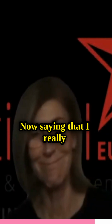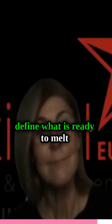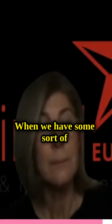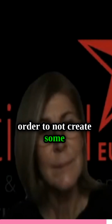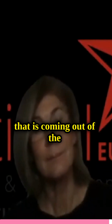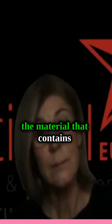Now, saying that, I really think that between your system and the foundry, we need to define what is ready to melt and what is not. For me, what is ready to melt is a completely clean, dry material, right? When we have some sort of oil or water, definitely we need to go into a different process to take it out, in order to not create oxides and dross and all these different types of material that come out of the foundry. Is your system, or can your system be able to separate the material that contains